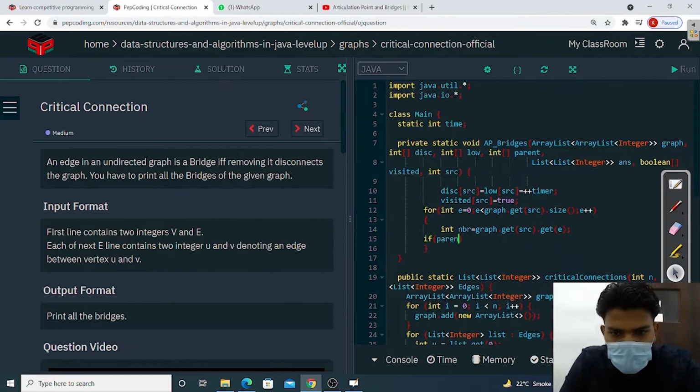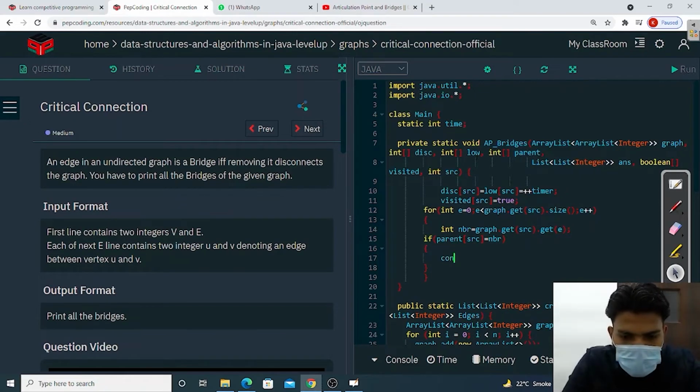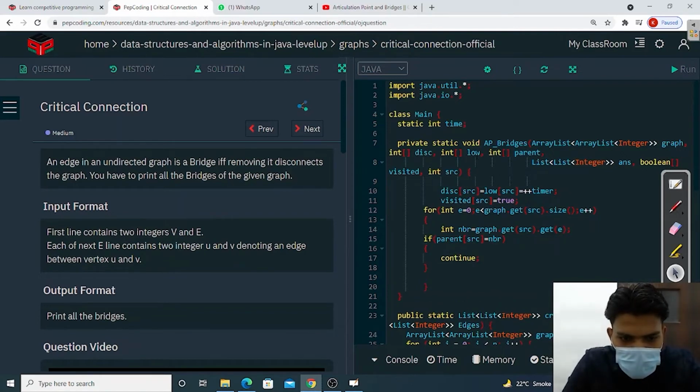If parent of src equal to neighbor, then we just continue. Else if visited of neighbor equal to true, then